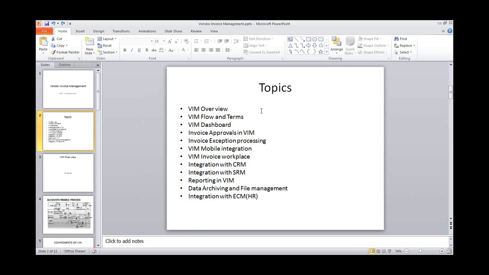I will also go through a little bit more detail of the overview, what the VIM terminology is, how the flow is, what the VIM dashboard is, how the invoice approval is going to happen in VIM, how the exception handling is going to happen in VIM, how the mobile integration is going to happen in VIM, how invoicing works in terms of the workplace as an administrator, how we are going to do that type of activities, and the integration with the CRM,